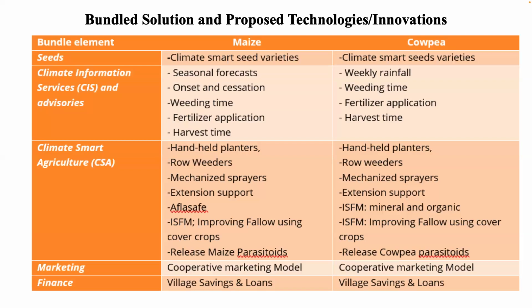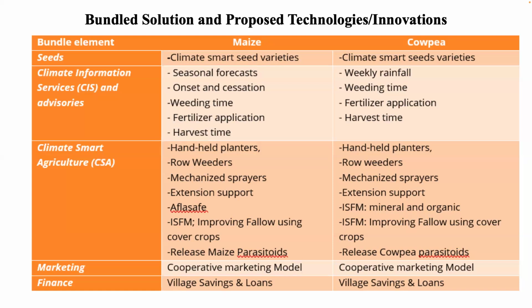The thematic area is the smart seeds, and the bundle elements are five. We have the seeds, the climate information services, the climate smart agriculture, the marketing, and also the finance aspect. The crops of interest here are maize and cowpea. Most of the things in maize and cowpea are similar, but let me go through a few of them. For the seeds, we are looking at scaling climate smart seed varieties as improved varieties among farmers to discourage the use of local seeds. And for the climate information services, we're looking at bringing to farmers the seasonal forecast, the weekly rainfall, when to plant, when not to plant, and letting them know the actual things to do and plant